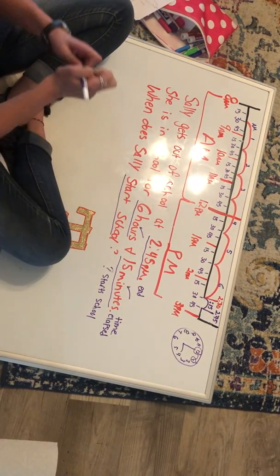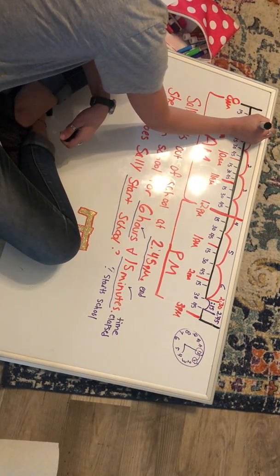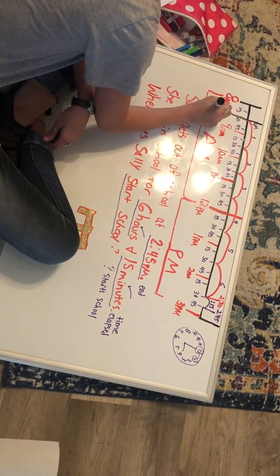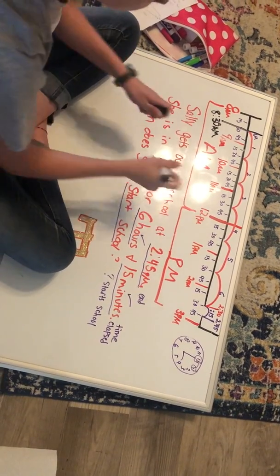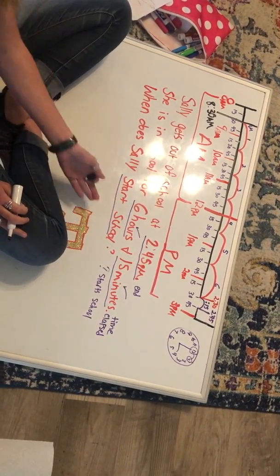So Sally then starts school. If we go all the way back over here at my new time, which is 8:30 a.m. since again we crossed our noon. So when does Sally start school? Sally starts school at